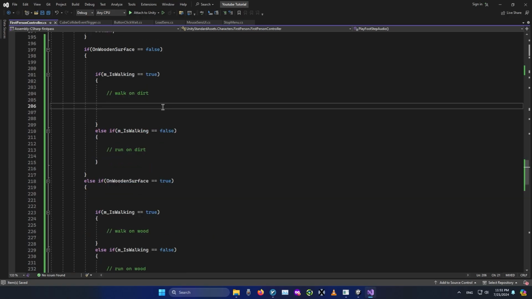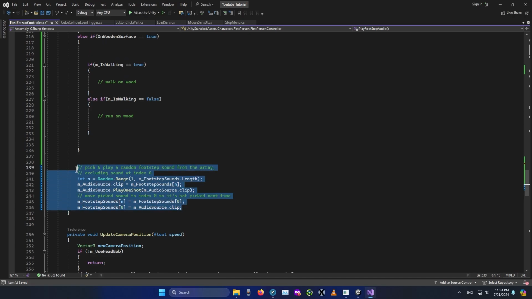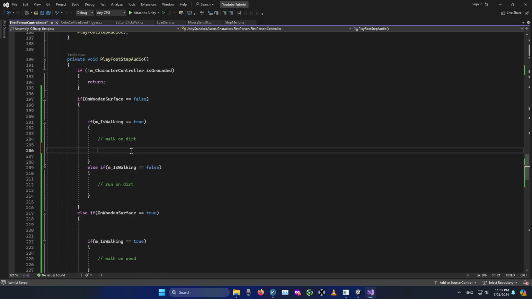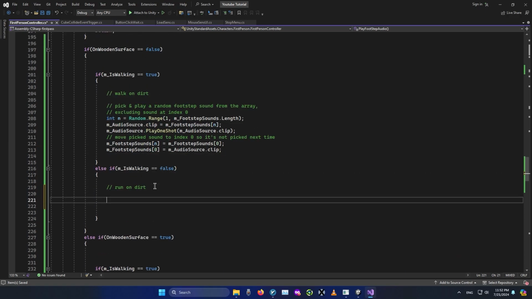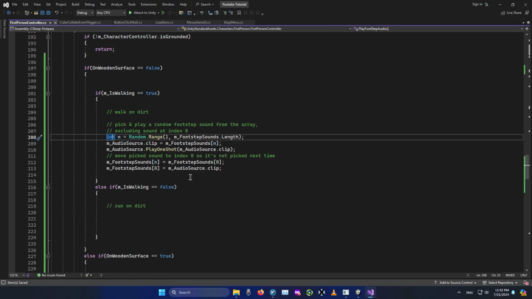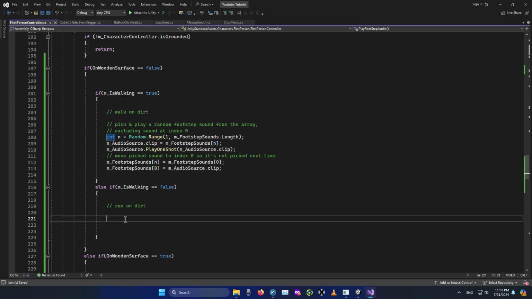So I'm going to use the original audio clips as my walking on dirt. Under here, I'm going to cut everything and paste it on walk on dirt. So this was for walk on dirt. We're going to say run on dirt. For run on dirt, we're going to create something like this. So everything is the same, but I'm going to change the names and the audio clips we're taking the sound